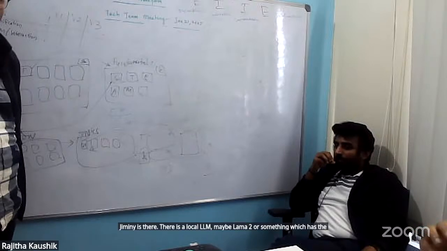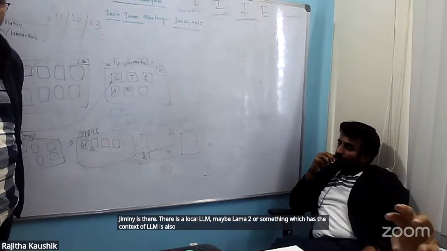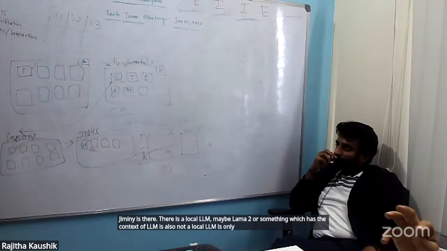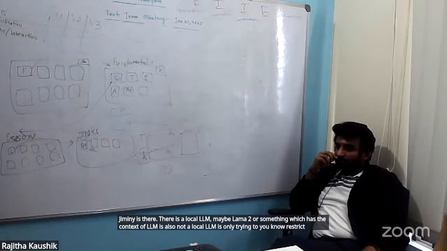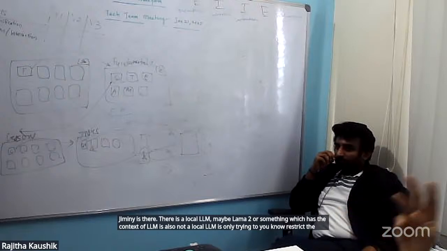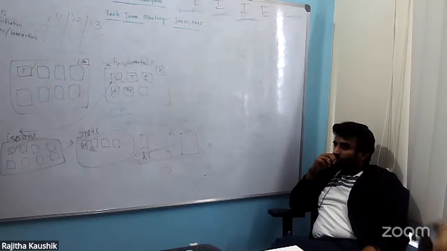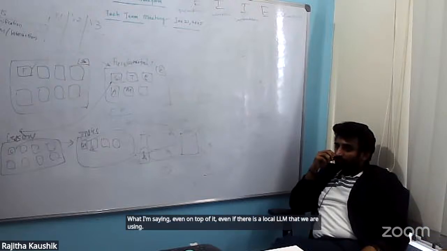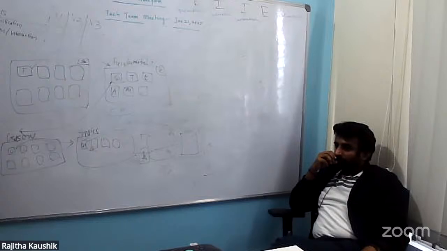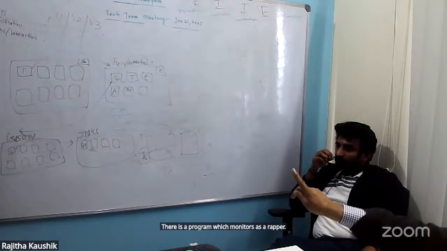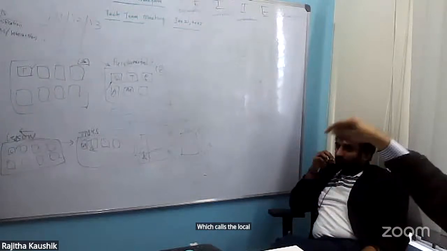A local LLM is only trying to restrict the local knowledge base of Gemini. But what I'm saying is, even on top of it, even if there is a local LLM that we are using, there is a program which monitors as a wrapper, which calls the local LLM and